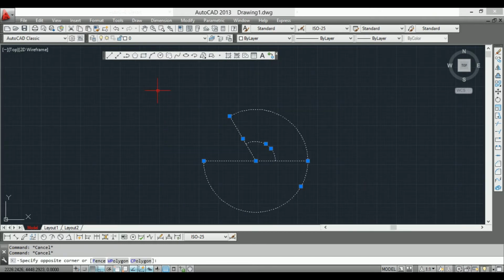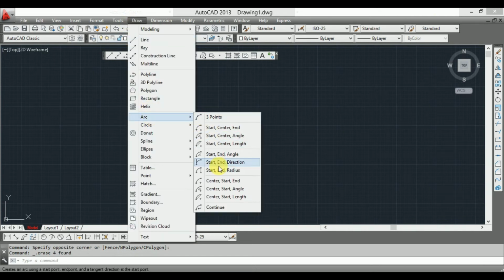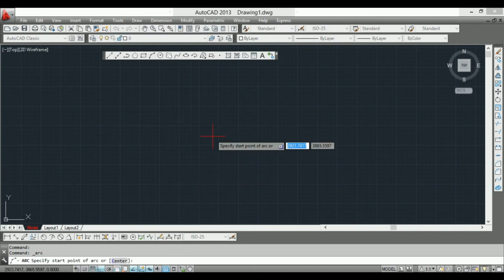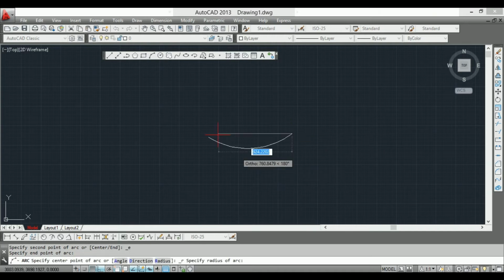Then another command in arc is: go to draw, arc, and radius. Then you have to check in the command bar, it will show you the start point, then again the end point, and what will be the radius of the arc, 120.